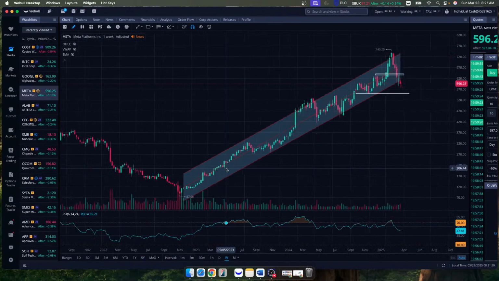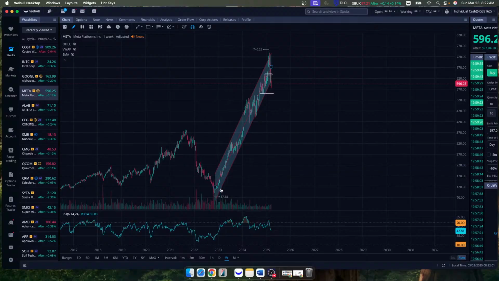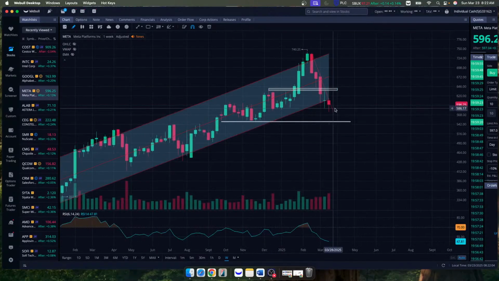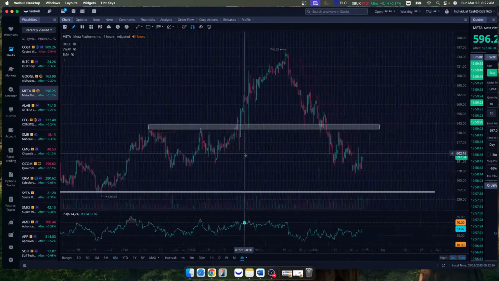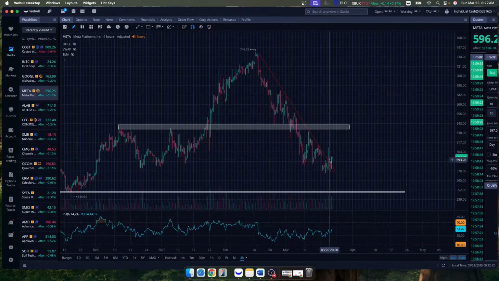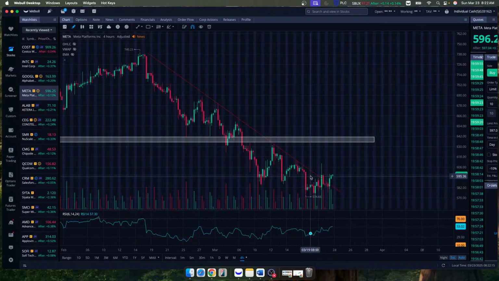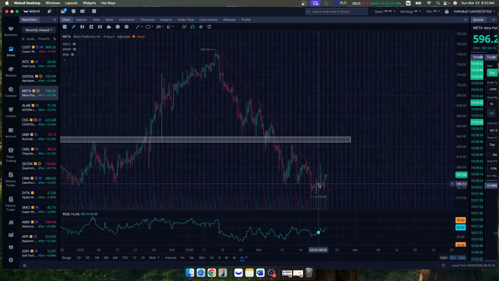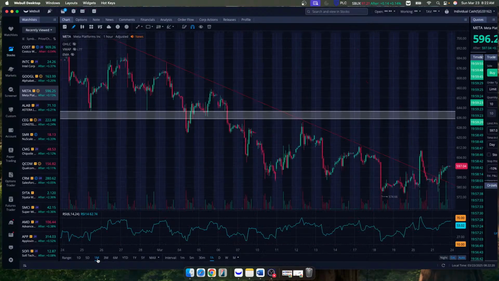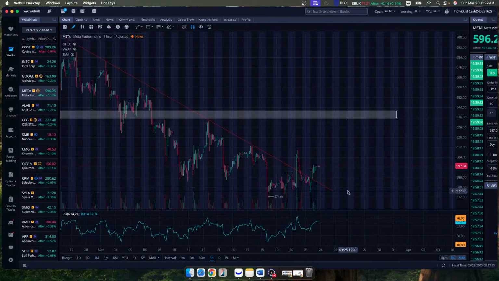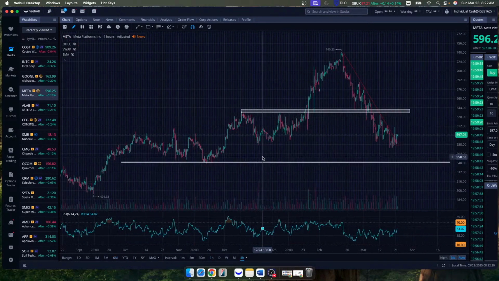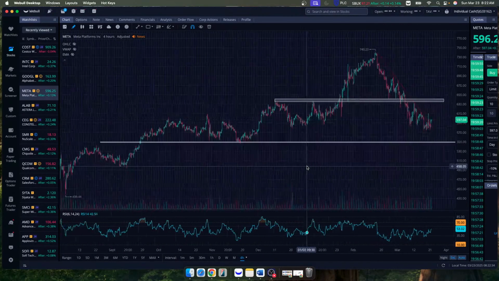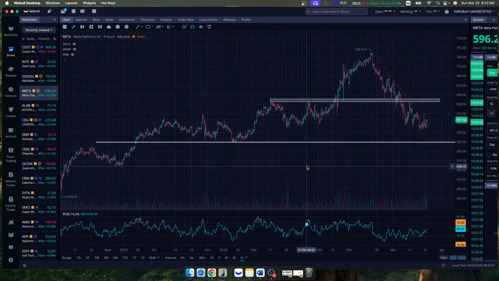Meta, this stock has done nothing but go up, and now it is finally getting some selling pressure, which I like. Big volume pressure right here. Looking at the 6-month chart, we are still trading, we're almost out of this pattern right here of just trending down. Let's see if it can hold. I'm not against trading it, but your stop loss better be below this 574, because if you pull back past this 574, you are going to 550. That's a level that I've been waiting for, and I'm hoping that we can get that level so I can start accumulating some shares of Meta stock.